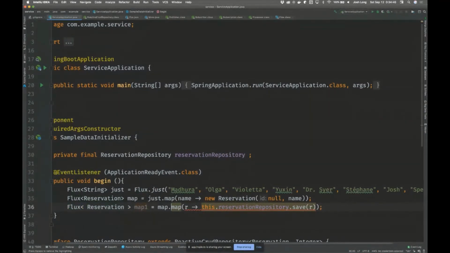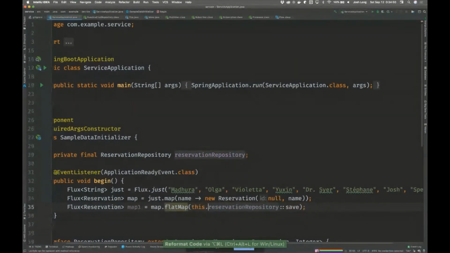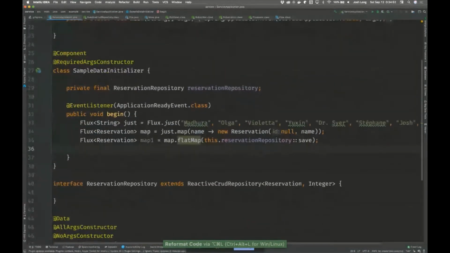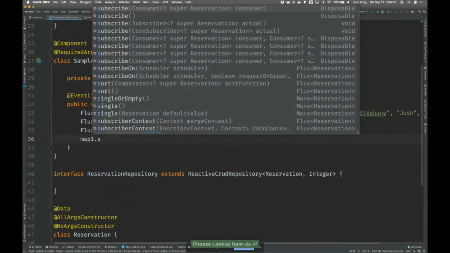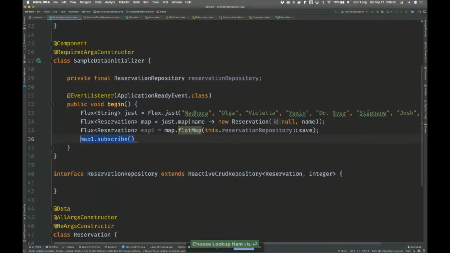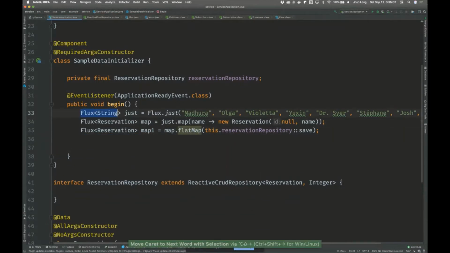So in order to do that, you need to use flatMap, right? So flatMap unpacks, or it flattens the reactive stream. Now, if I run this code right now like it is, nothing is going to happen. In order for reactive streams to start, you need to subscribe, okay? So there you go. There's my subscription. And if I run this code, I'll see the actual data written to the database. But the problem is, of course, that this is a lot of code, first of all. So let's clean it up.